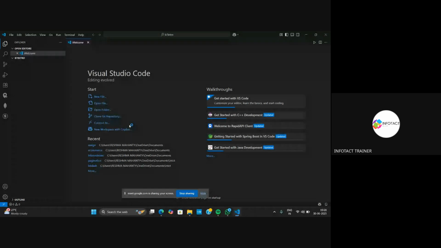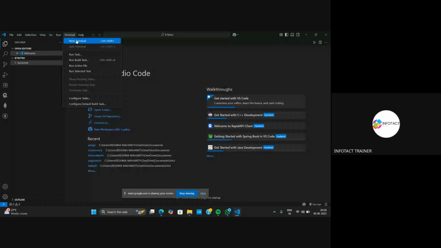All right. So in order to create a server, what you have to do is, here inside the B7 intro, I will create a folder. That's the backend. So whenever we are creating the server, which means we are designing the backend of a particular website. And now inside the terminal,